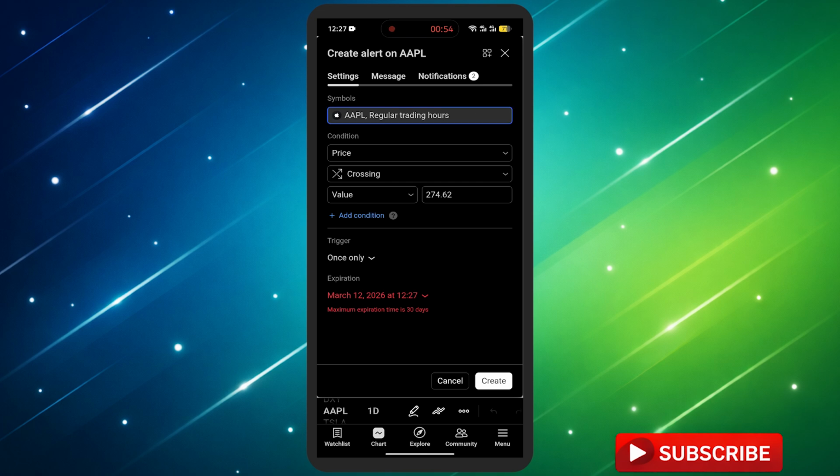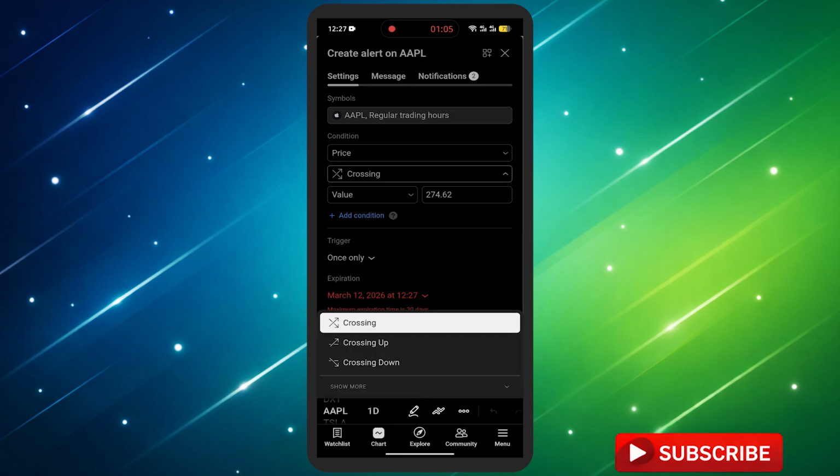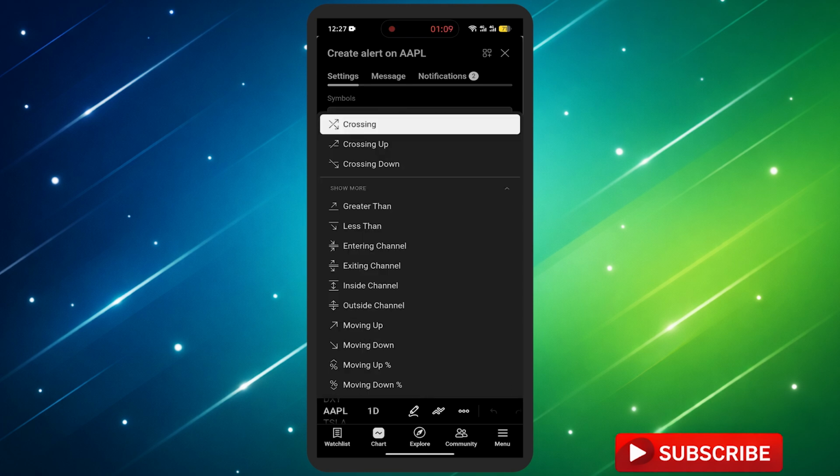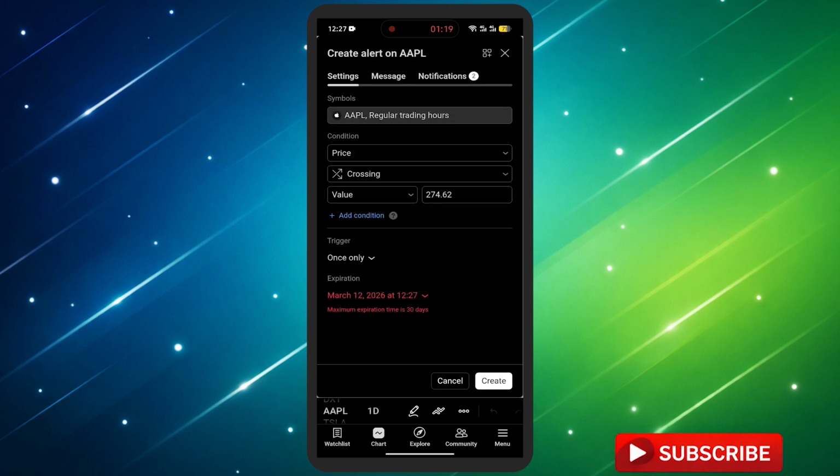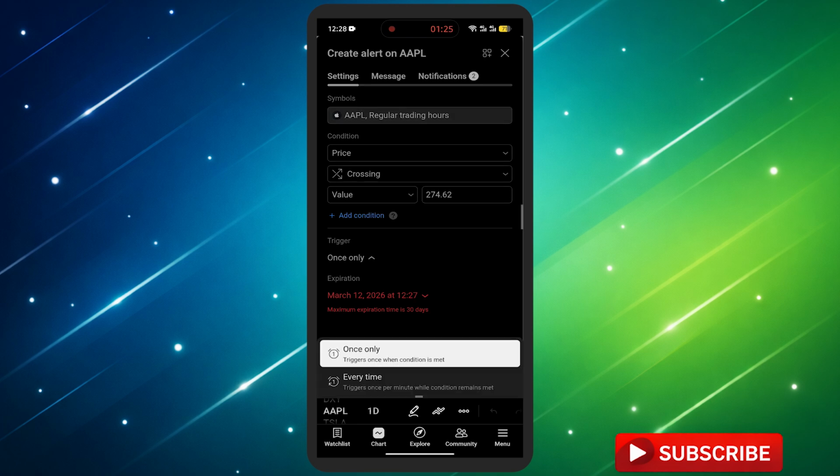Next, choose the alert condition. You can set alerts based on price movements such as crossing up, crossing down, greater than, less than, or other conditions. After selecting the condition, enter the value and decide whether the alert should trigger once or every time the